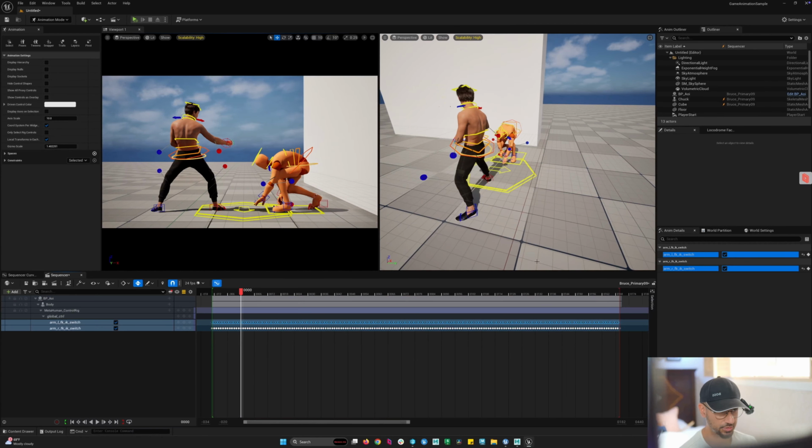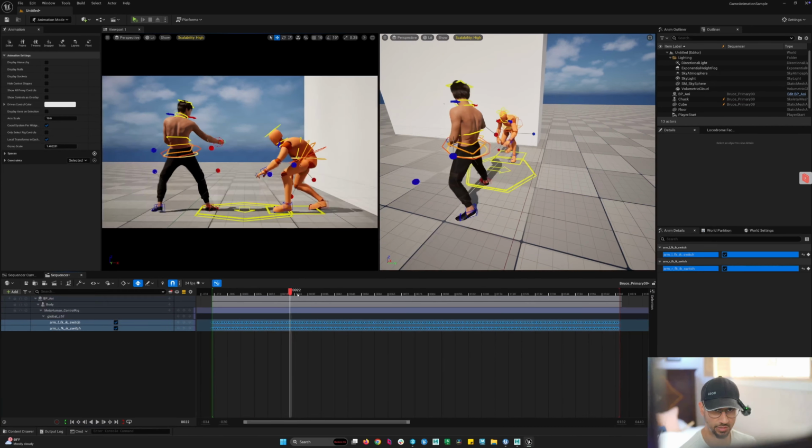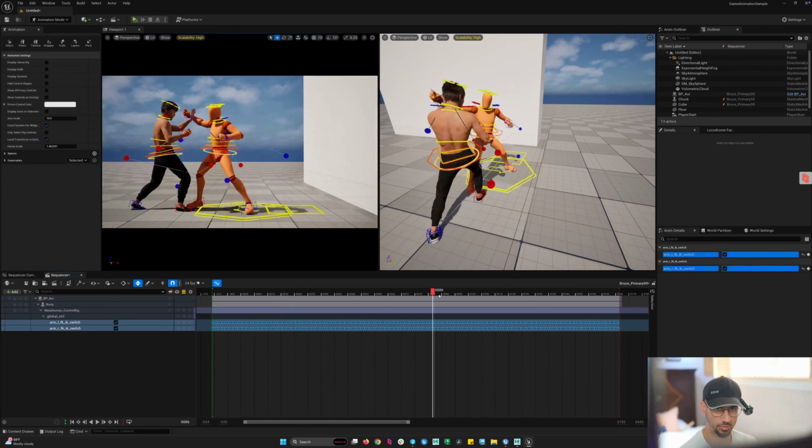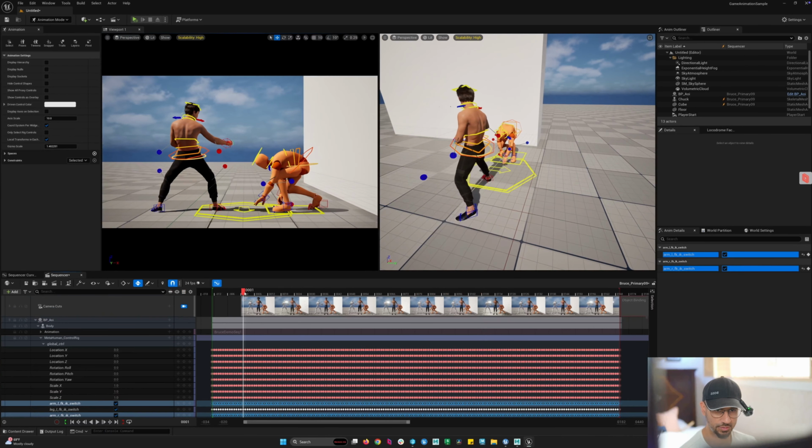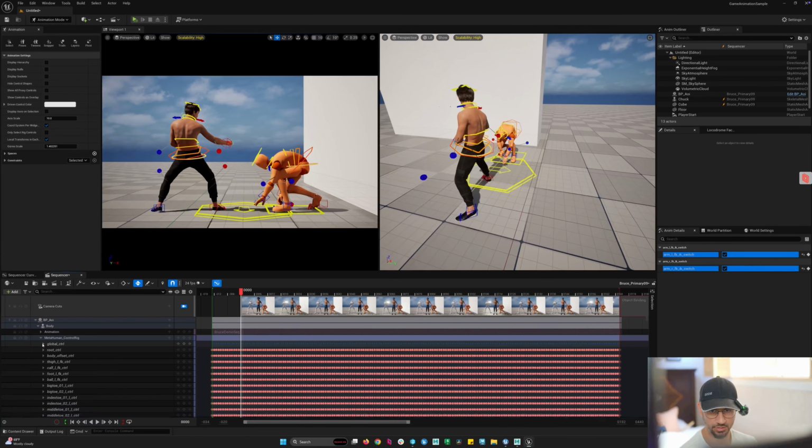I'm just going to make sure. So now everything's selected there. I make sure they are on and off. So now everything should be, yep, all IK now. Now you want to modify the animations. So what you can actually do now in 5.5